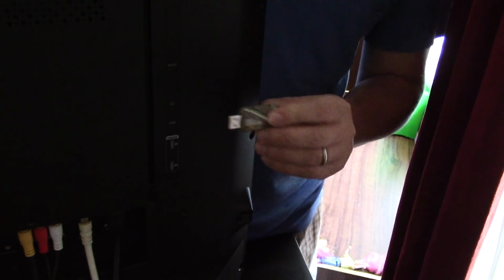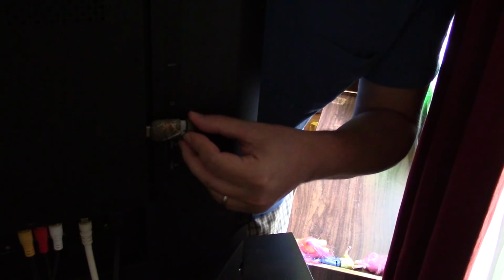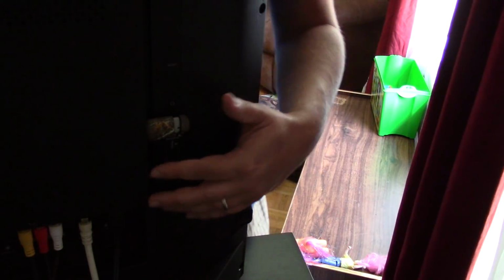Now over here is where you plug in, I'm just using a thumb drive, and there's a USB port for the pause live TV and rewind live TV and all that type of stuff goes in there. There's also, right next to your HDMI ports, I don't know if that's 1 or 2, I can't really read the lighting. Now the light here, this button here,